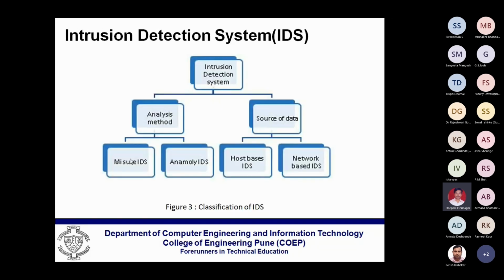Anomaly intrusion detection system. So when we talk about signature-based, rule-based or anomaly-based intrusion detection systems, mostly users prefer the anomaly-based intrusion detection system. When we try to develop the anomaly-based system, the main drawback of the signature-based intrusion detection system is what? The rules are present here,